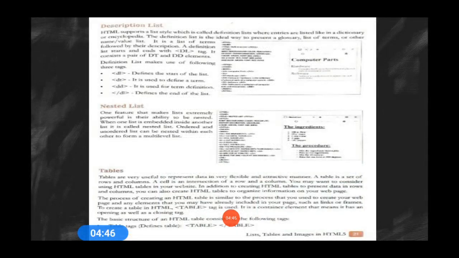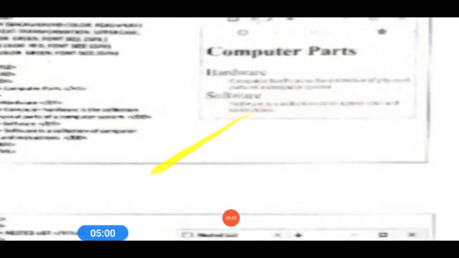A description list supports a list style which is called a definition list, where entries are listed like in a dictionary or encyclopedia. For example, you can see this is computer parts.